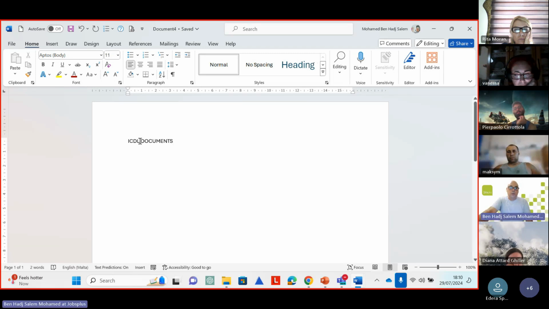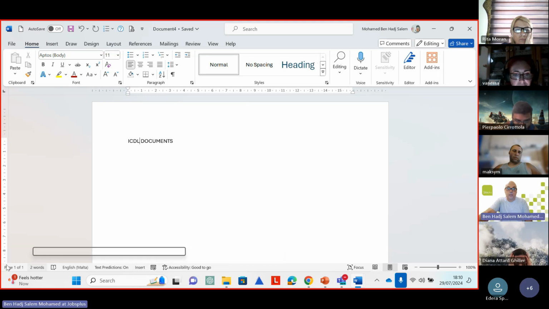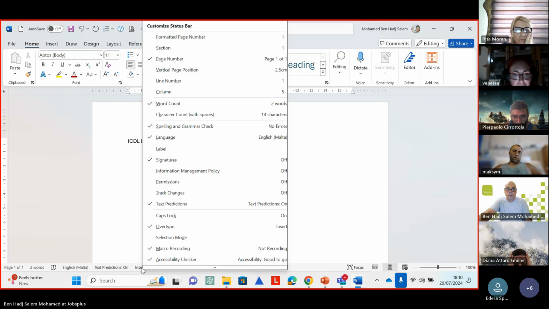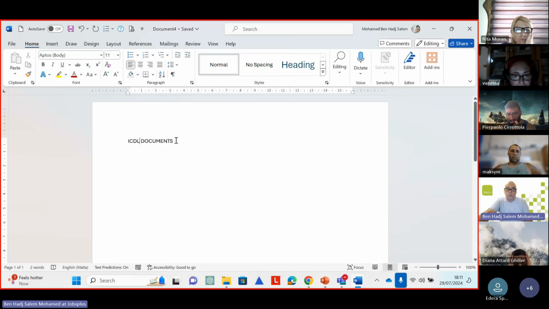Here I want to add the word workforce, ICDL workforce. If I click here in the bottom toolbar, I can choose overtype or insert mode. So if I choose overtype and I write the word workforce,